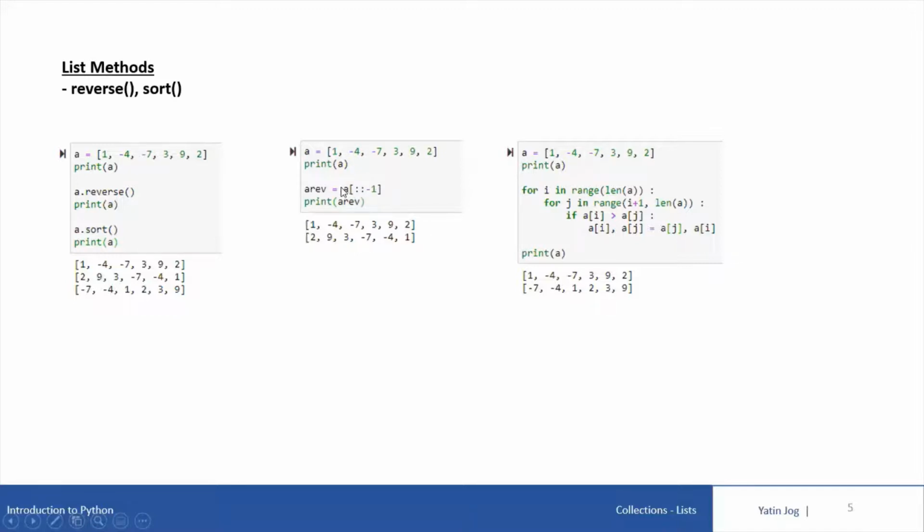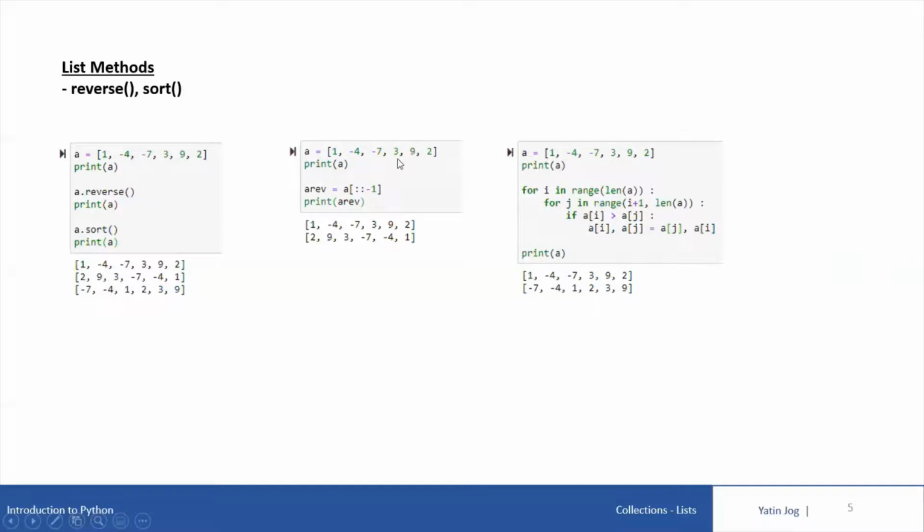Now as we have already discussed slicing, in case of slicing, if I say A slicing with start location and end location as default values with the direction as -1, that is a reverse direction, what it will do is try to create a list with the values of A in reverse direction.